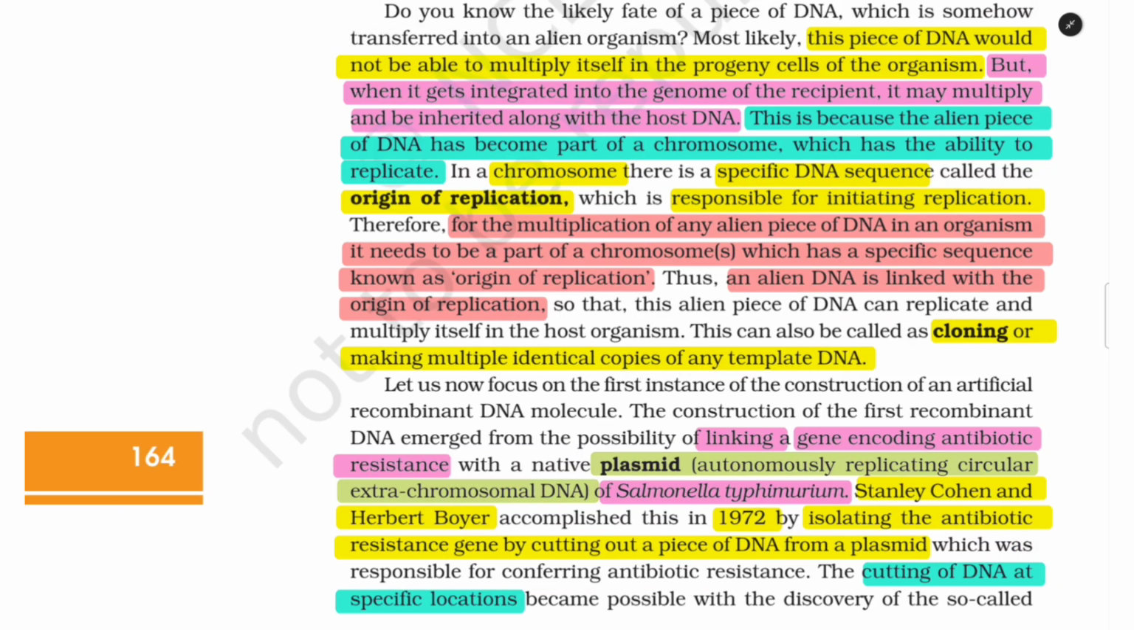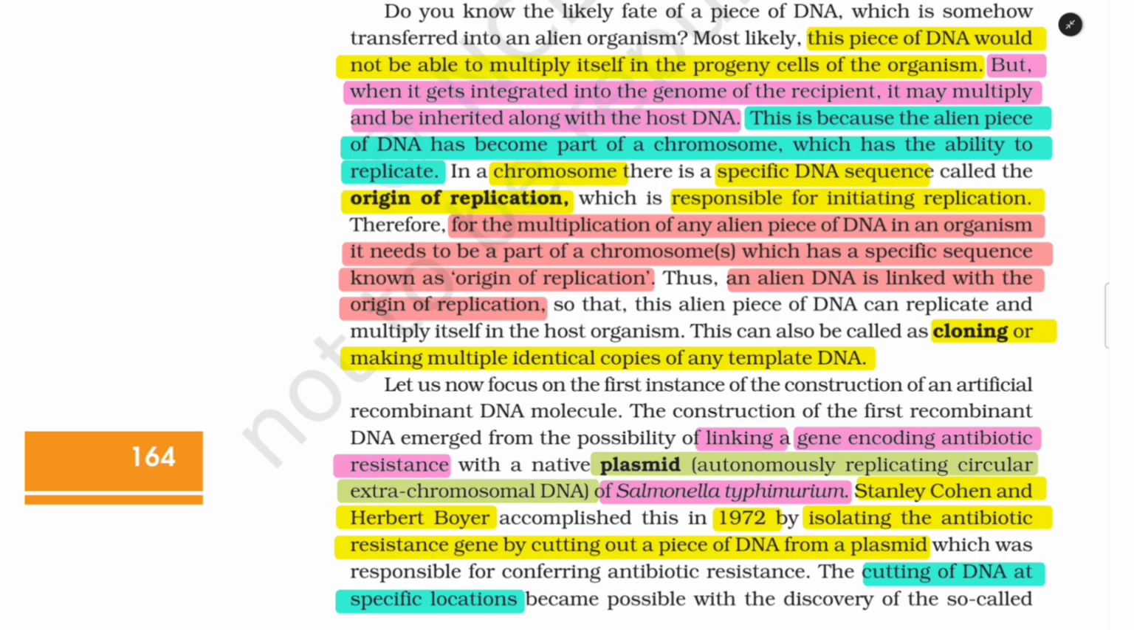Do you know the likely fate of a piece of DNA which is somehow transferred into an alien organism? Most likely, this piece of DNA would not be able to multiply itself in the progeny cells of the organism. But when it gets integrated into the genome of the recipient, it may multiply and be inherited along with the host DNA. This is because the alien piece of DNA has become part of a chromosome which has the ability